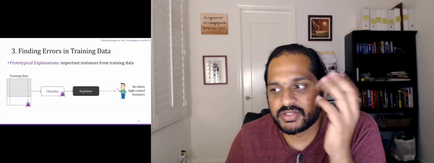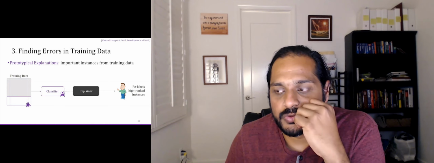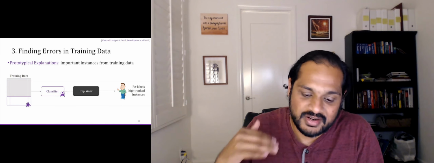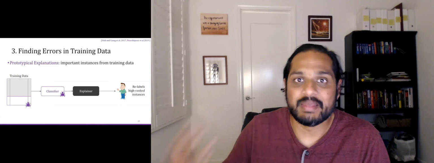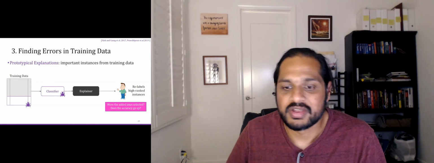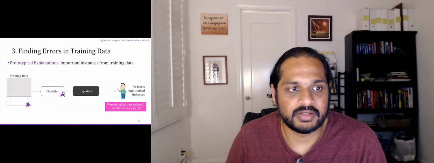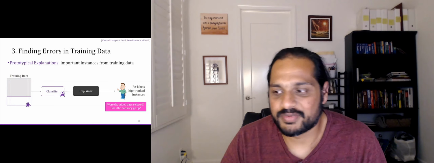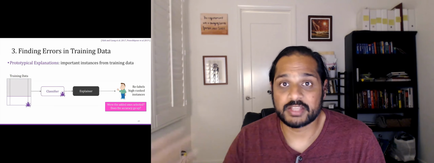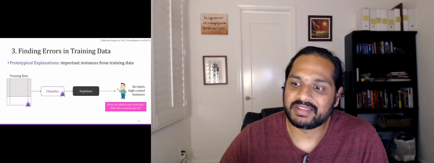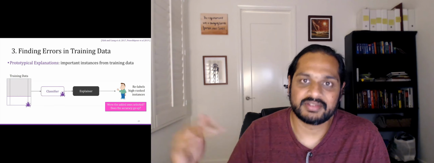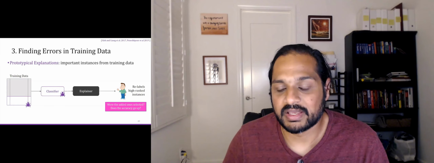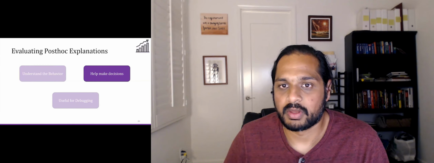And essentially you ask the user to look at the highest training instances that are most important and essentially relabel them yourself, right? So try to get rid of the buggy stuff in it, right? And if the explainer picks the buggy instances very often, then the explainer is good. If by relabeling them, the classifier gets better, then also the explanations are good. So this is another way debugging is used to evaluate explanations.